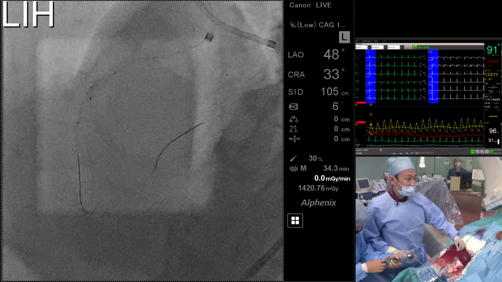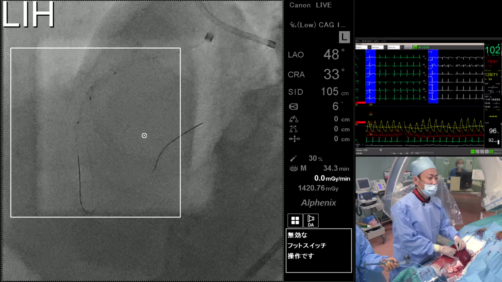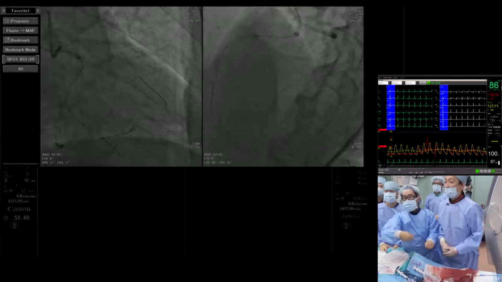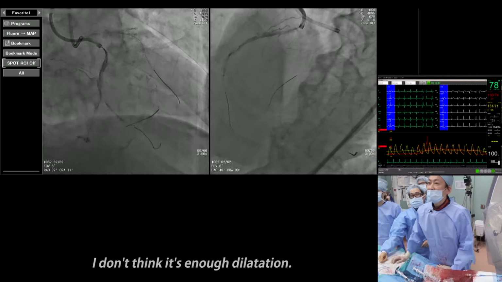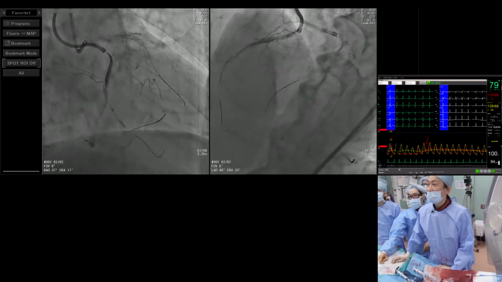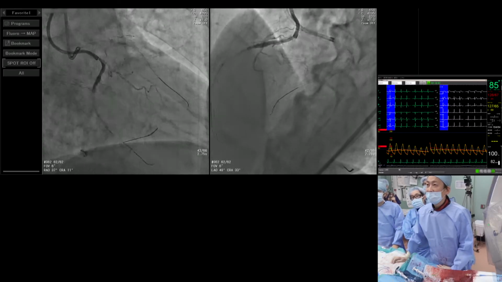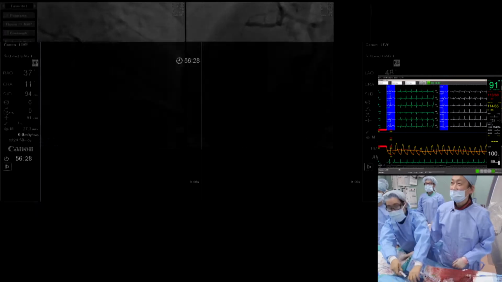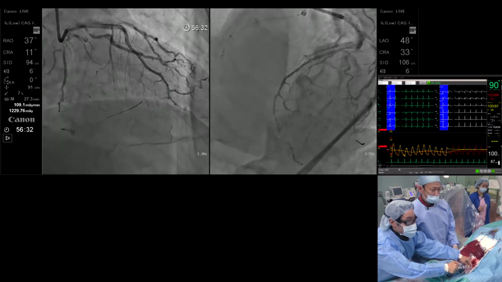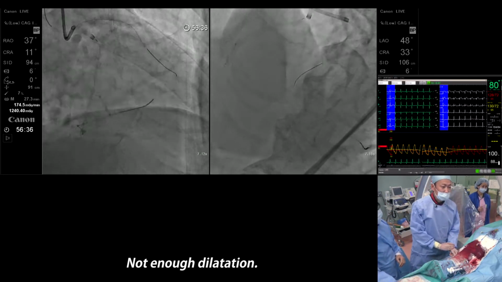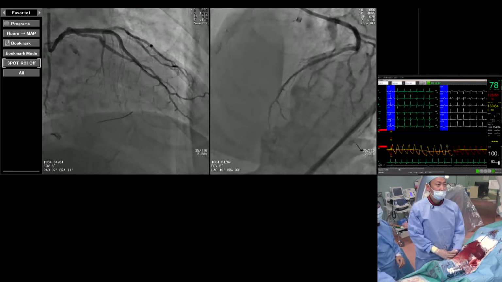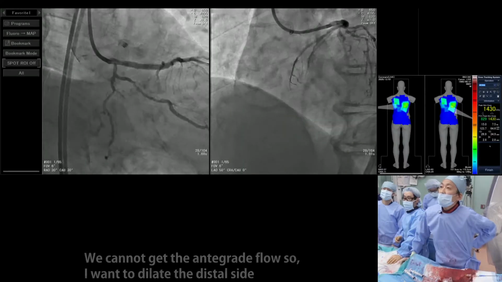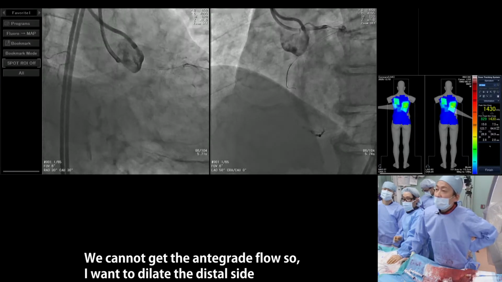We cannot get the antegrade flow, so I want to dilate the